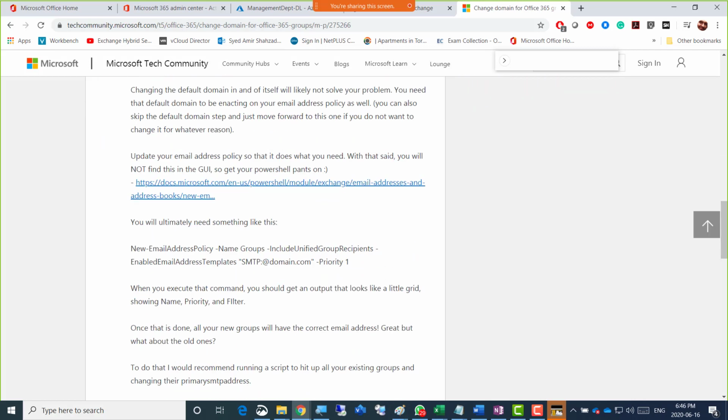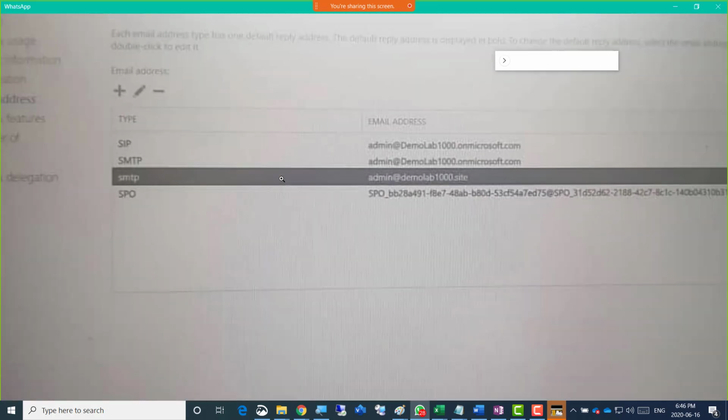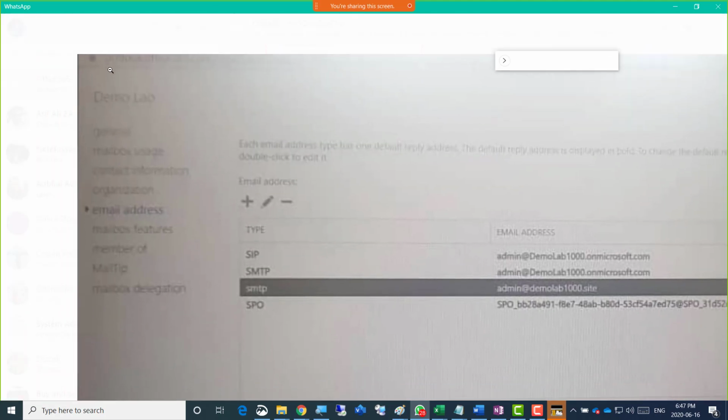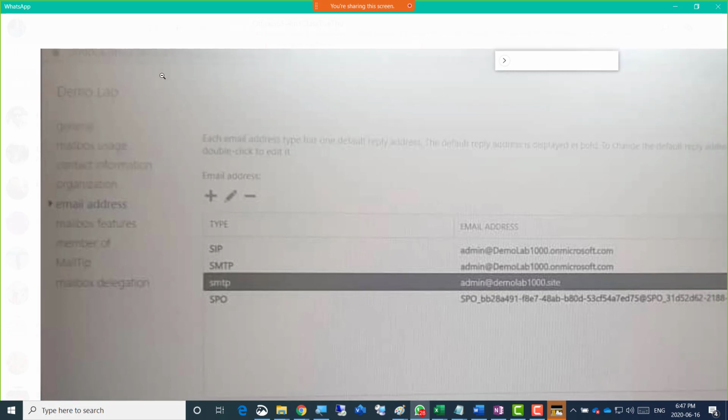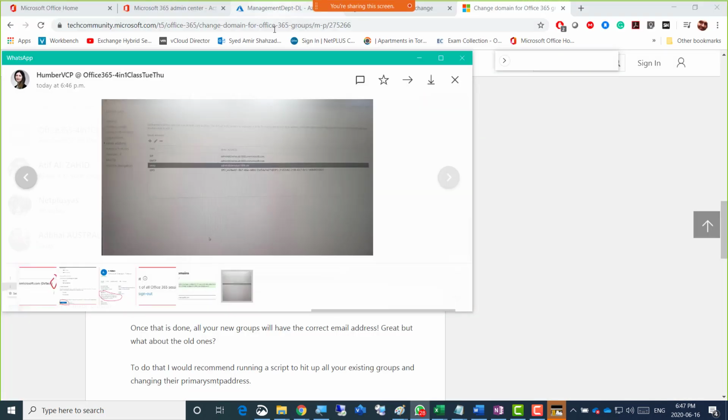Okay, so Mariam has found out, and that is for DL. So I'm just gonna click that here. So that is an email address for who? For a user or for a DL? Admin at, for a user, yes, that's the way. But DL doesn't show these options. The email address option, I think DL is not showing that. For a user, yes, I would have gone to this one, but yeah, thank you.